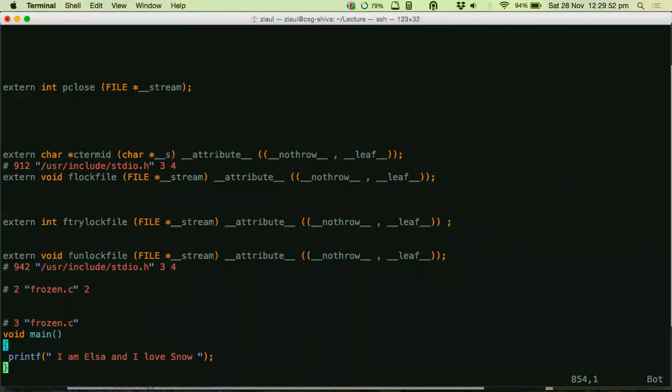Because when the compilation happens, your program will get compiled, and along with it the file of printf, that is the code for printf, will also get compiled. Both of them will have different object files, right? The printf will have its own sequence of numbers, and you will have your own sequence of numbers. Finally, the linker phase will take both the sequences of numbers and merge them into one exe, so that when you run your code, it will appear as if the printf is also part of your code.